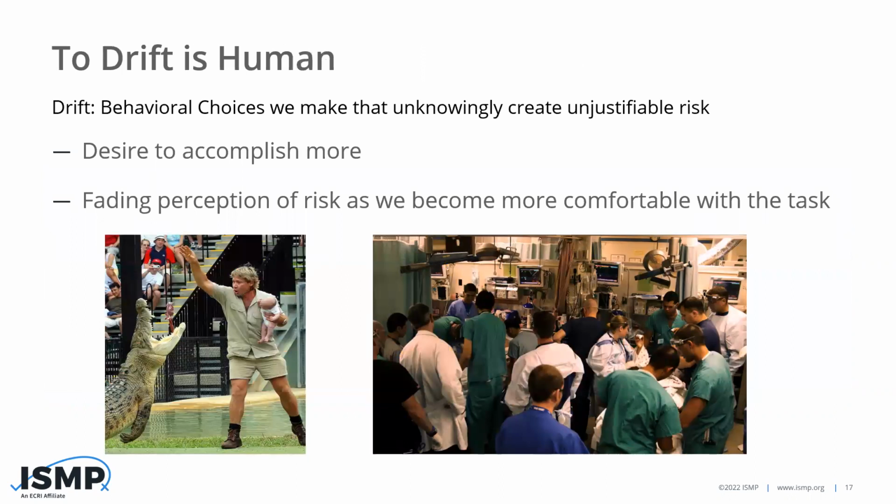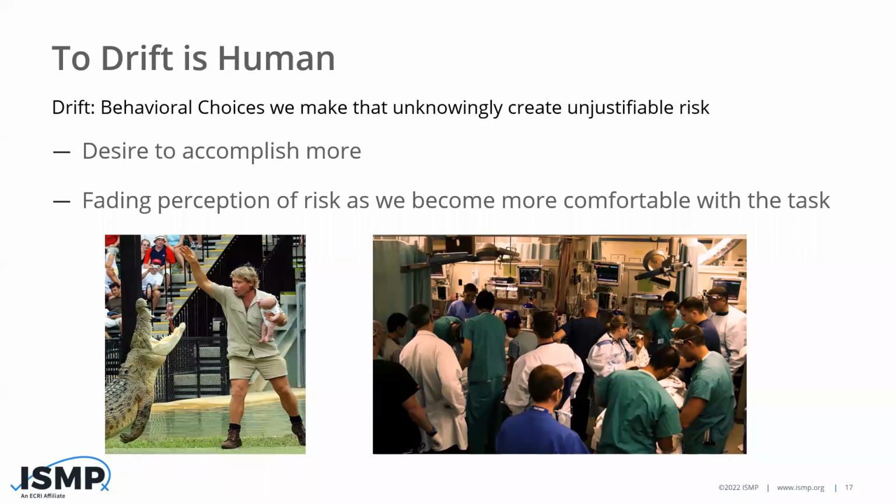So I'm going to start with the drift first, and at-risk behaviors, then go to human errors, which will segue to Michelle's presentation of human factors. So again, to drift is human. We all choose at times to do things that are risky, but don't see the risk. Think about why you do that. Think about shortcuts you've taken, workarounds, times you didn't feel like using a barcode scanner at work. Why did you take those shortcuts? Usually it's the desire to get more done, especially in today's age, post-COVID, with all the issues we have with staffing. That probably makes this even more prevalent.